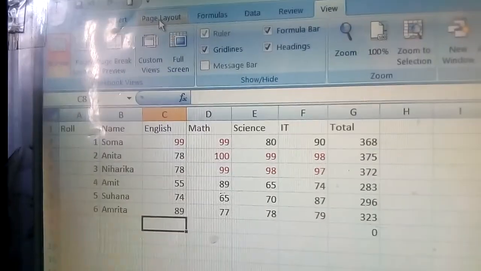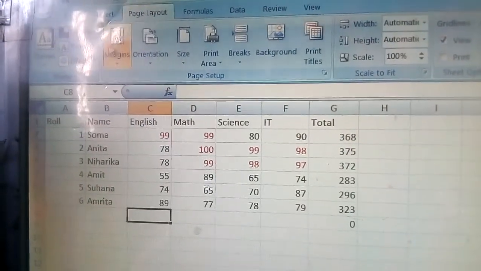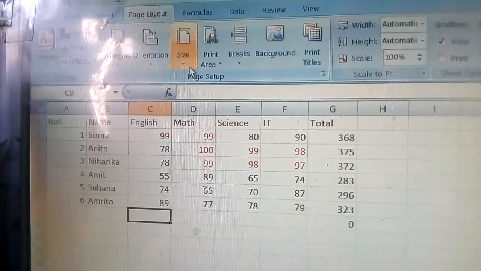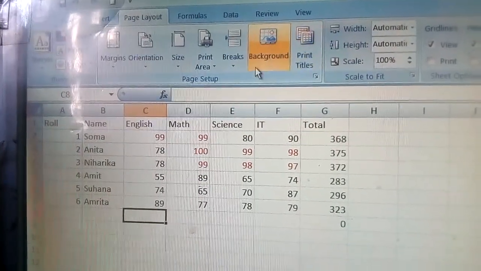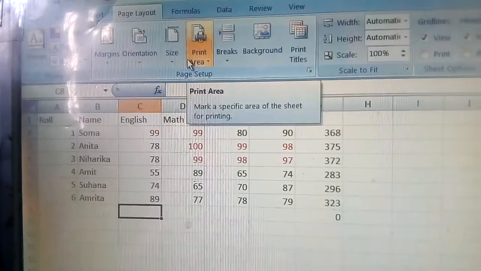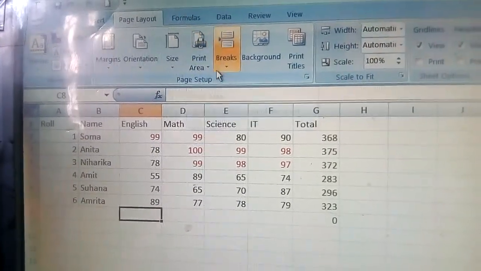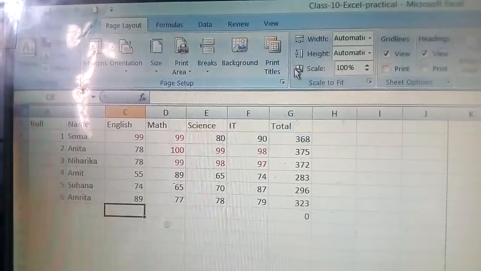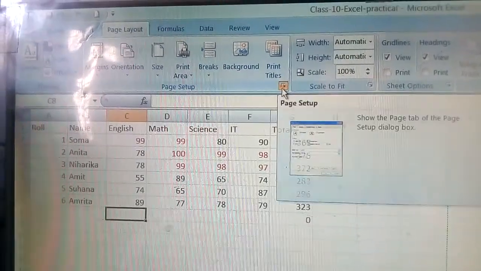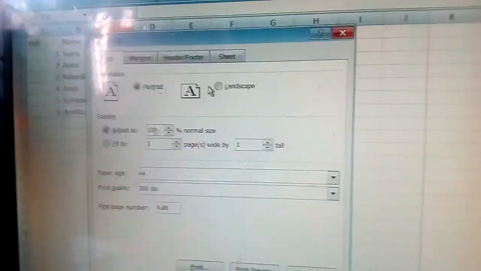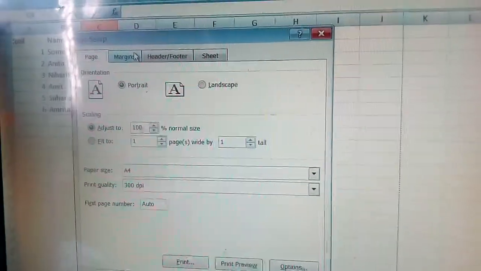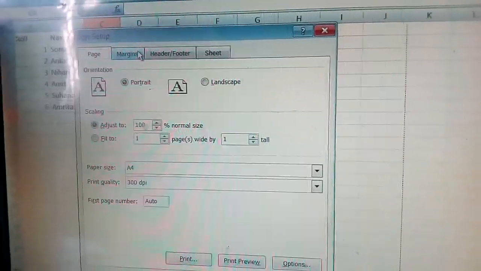You can see here page layout, and there you can see the margins, orientation, then page size, print area, breaks, background, print style, titles. This thing in Calc also you can see, but here when you click on page setup, the page setup dialog box will open, and in Calc that dialog box name is the Page Style default dialog box.